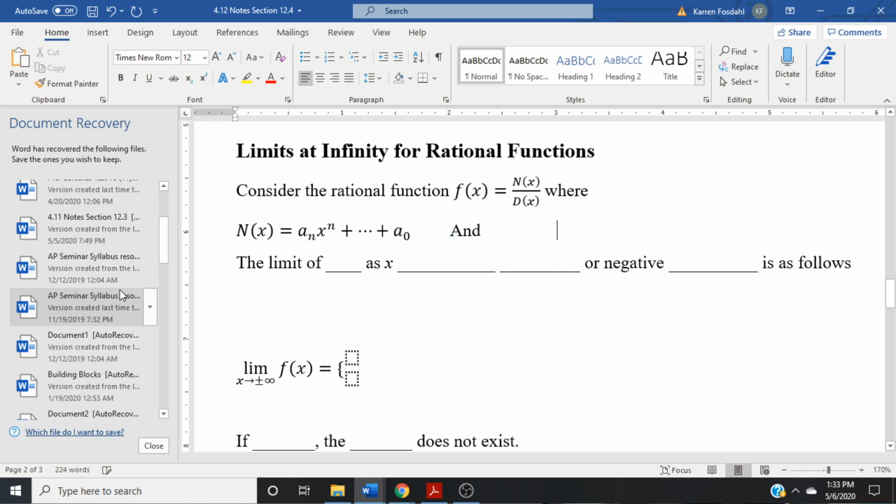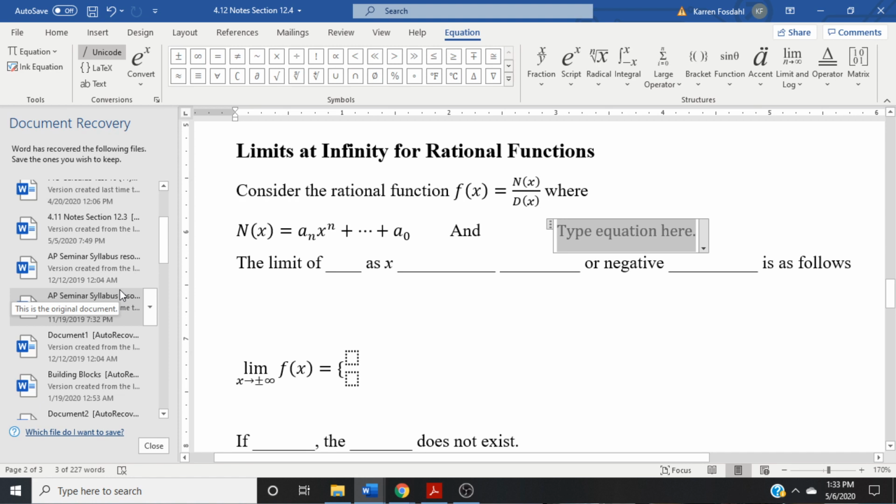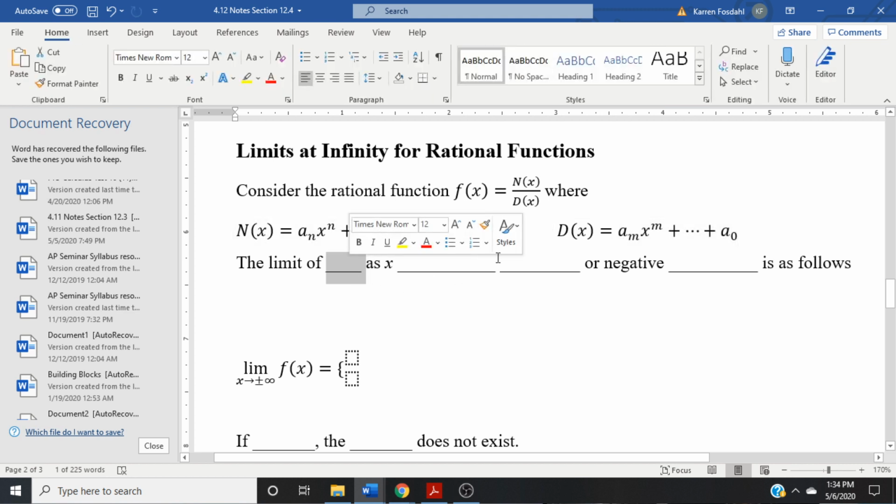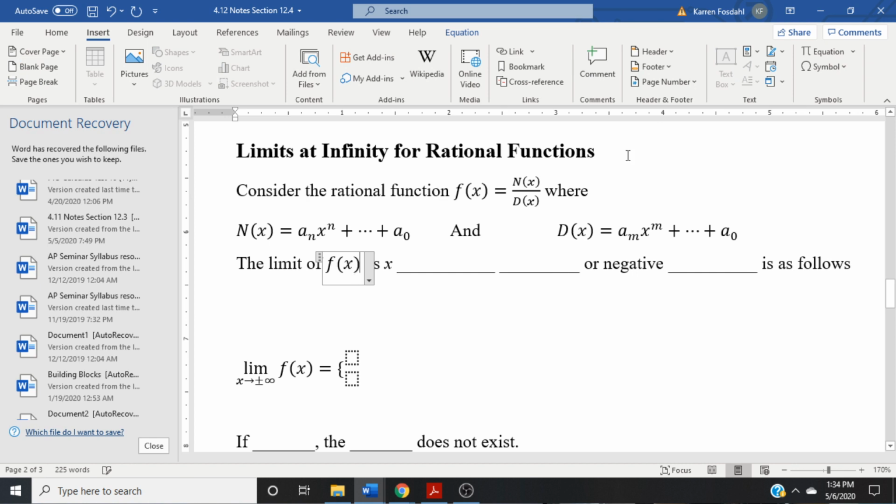So numerator of x and denominator of x. Okay, d of x is going to equal a sub m times x to the m plus dot dot dot plus a sub 0. What this means, that is why we have this a sub 0, it just means this is a polynomial. Okay, basically that's how the polynomials are going to be set up, where the limit of f of x